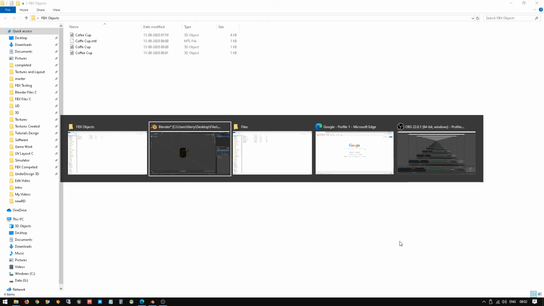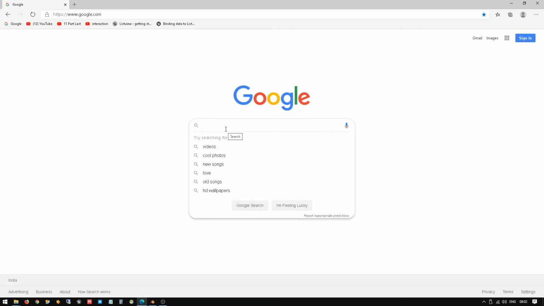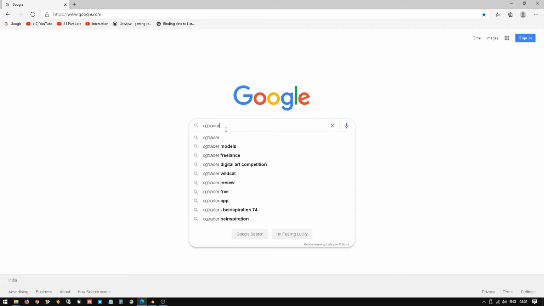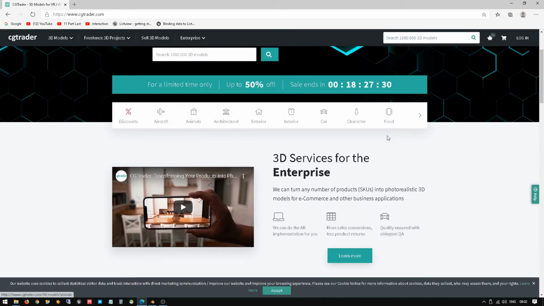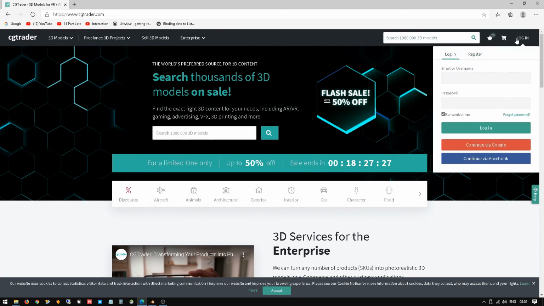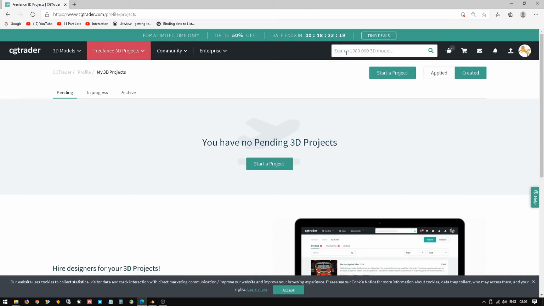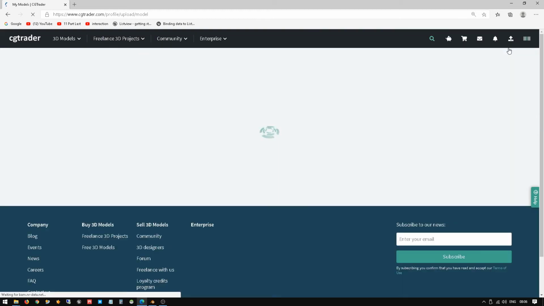So all the objects are now ready, so let me upload them for sale. I just created my sign in on CG Trade. I have created my options for selling in 3D CG Trade. So I just log in to my account. Yeah, after logging in, you can see the pages, it comes like this. So I go to Publisher to upload the new models.